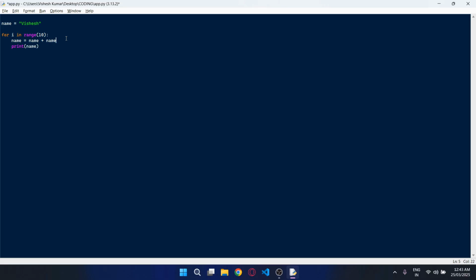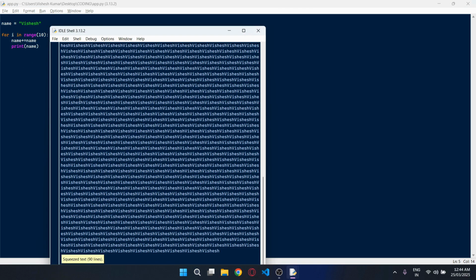And in the string case, you can do multiplication and addition. You can do multiplication with numbers. If you multiply my name with 5, it will print 5 times. So if I just do this, and again, I told you, you can do this too. If I print it,